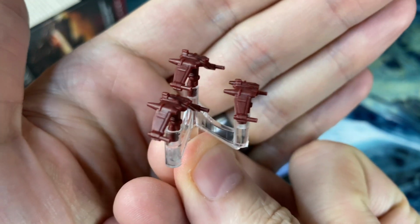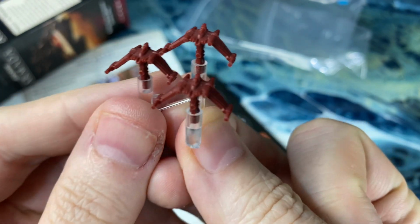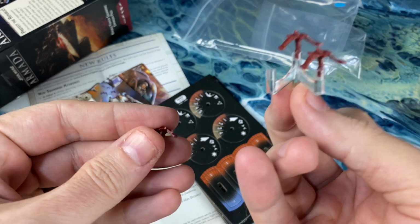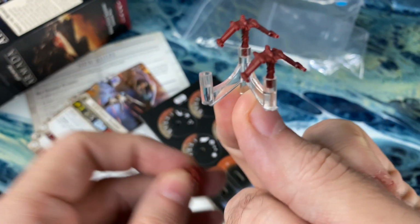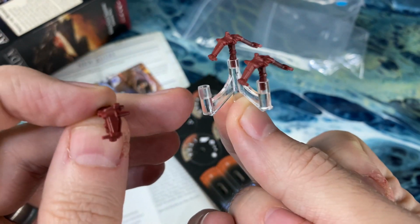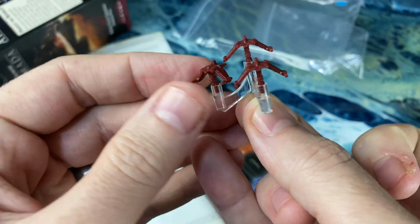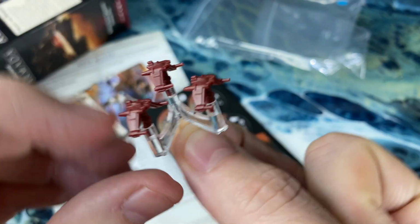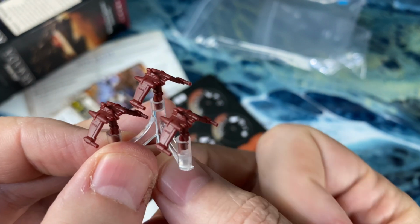So let's do that. All right, so here is just a close-up look at our first series of squadrons. These are the V19 Torrents. And if you haven't already watched my unboxing of the core set, these are just different little multi-squadron, multi-fighter holders, and you just pop them in there like so, and you can angle them however you want. And they're a harder plastic than we've seen before, so they actually allow for a little bit higher